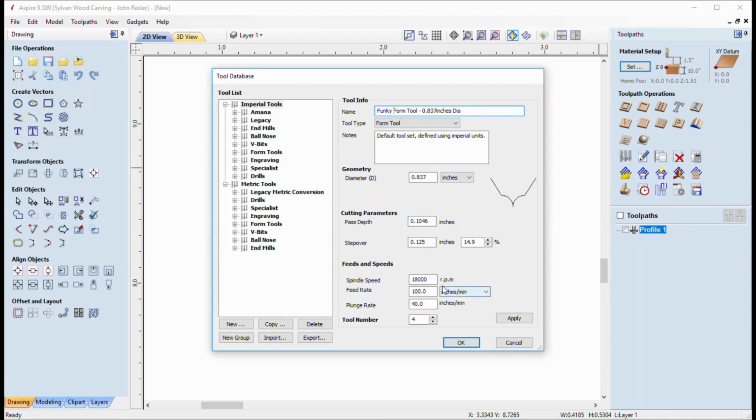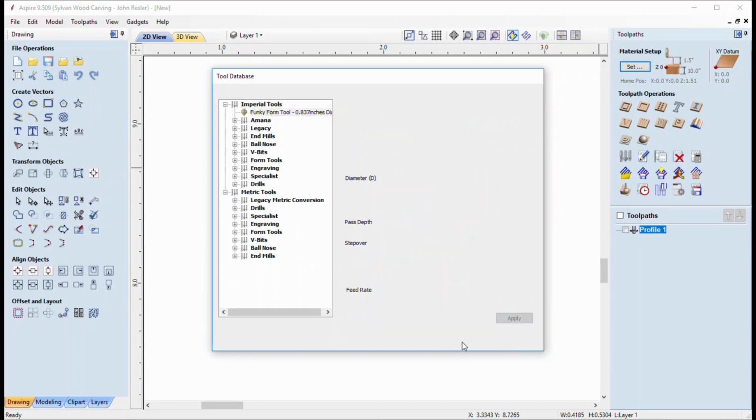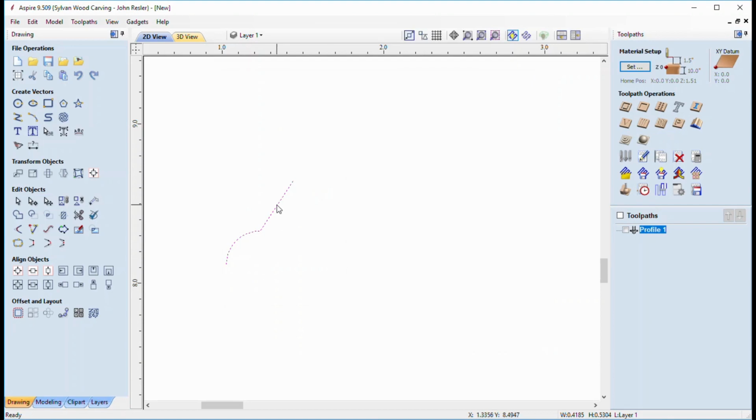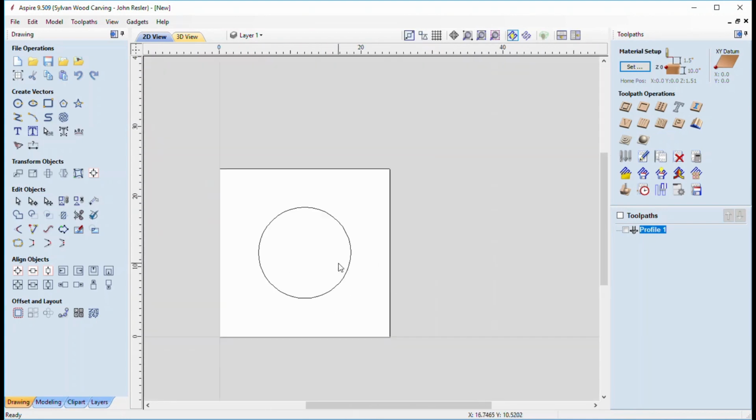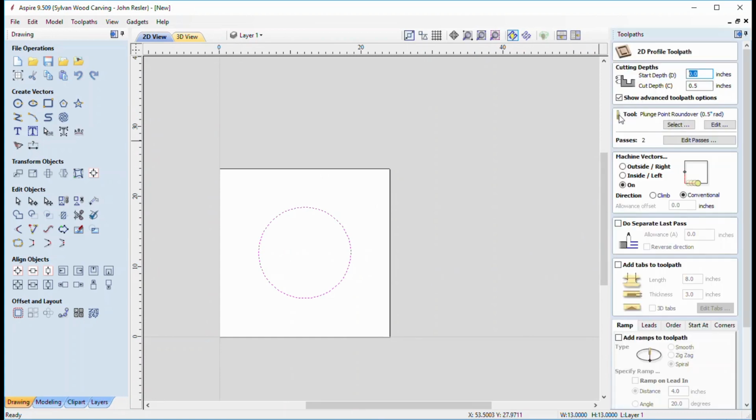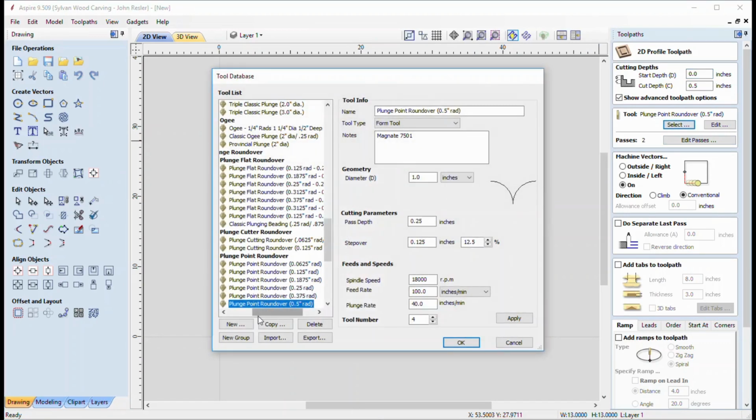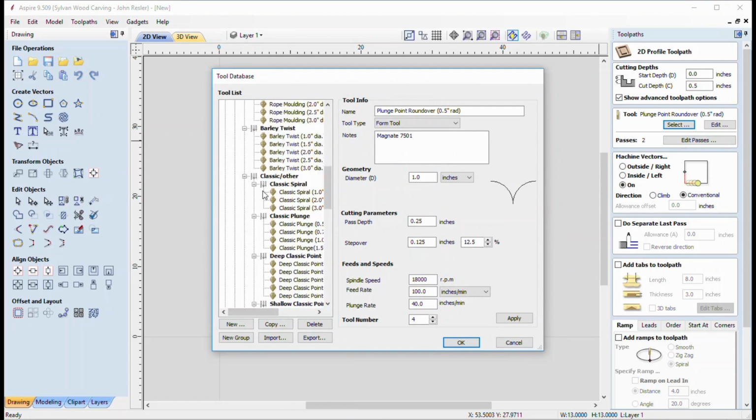Okay. So now the default spindle rate is going to be 18,000 RPM. Speed rates, we decide whether or not we're going to accept all these. We can modify them if we choose. We're going to go ahead and click on apply, or OK would do just as well. And let's delete that just so that we know that we're actually using the one from the library. And let's go ahead and say we're going to cut that path. So let's select Profile Cut, and let's select a tool. And let's go back over here to Form Tools.